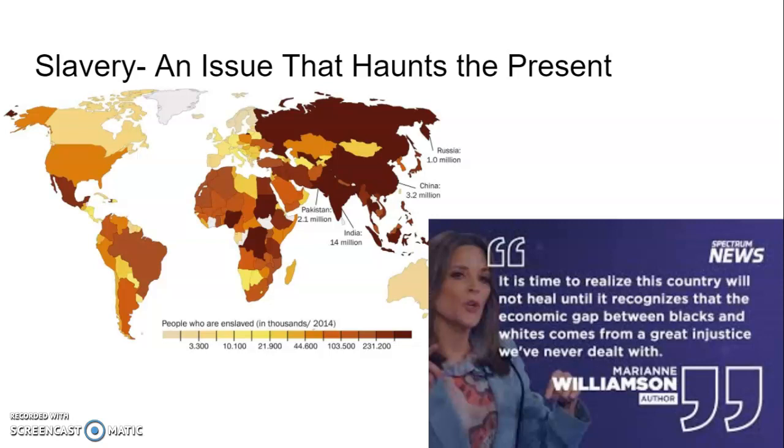So places like India and Russia and Democratic Republic of Congo, that's the one right here in the middle of Africa, those places have slaves in the hundreds of thousands or even millions. If you notice, even the United States, though, weirdly enough, has somewhere around 50, 60,000 slaves. That might seem pretty shocking because obviously slavery is illegal in the United States. And it is quite different than it used to be.